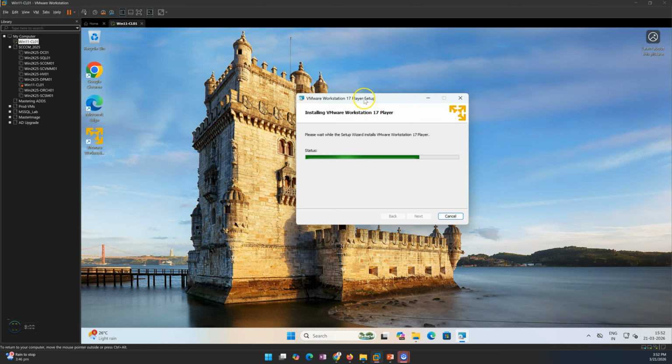So this installation is very light. It's going to take only a few minutes to get the installation done. Cleanup is running now. It will also install the virtual network adapters in your machine. So if I show you,